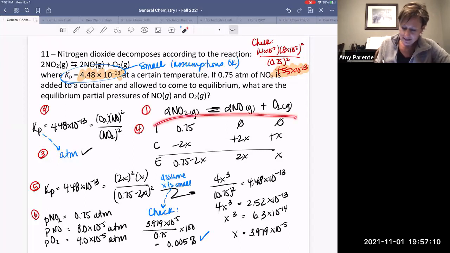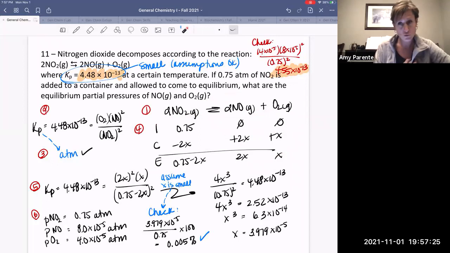Going through and doing our ICE table here. We know that we have none of the products that are made, so that's a clear indication that our equation is shifting in that direction. I will highlight for your quiz, you're not going to have to see a problem where you have to sort out which way do I shift, but it could be something come test time that you may have to do a little bit of a Q versus K comparison to figure out which way the equilibrium is going